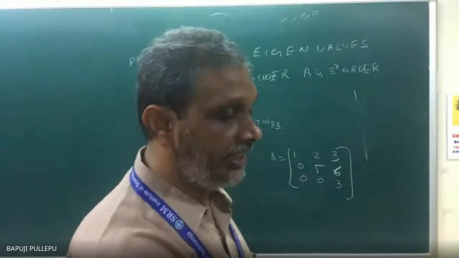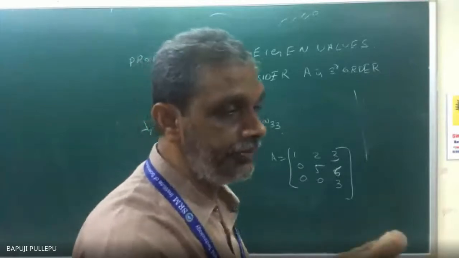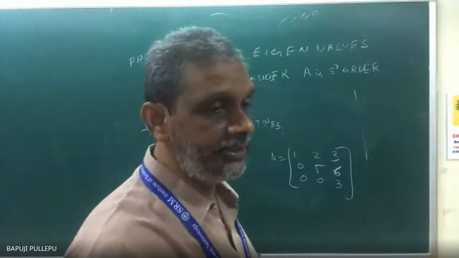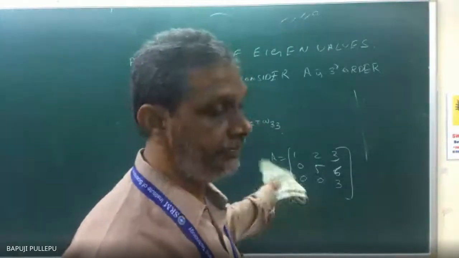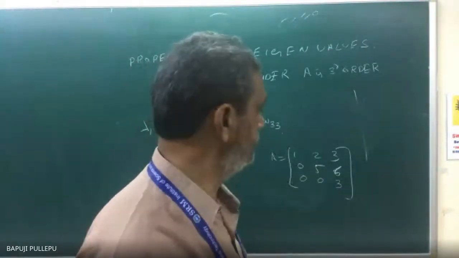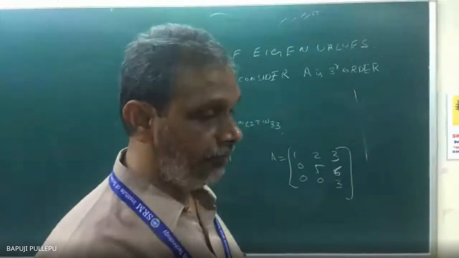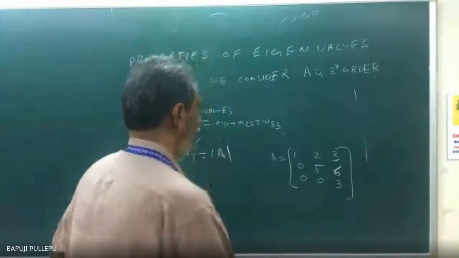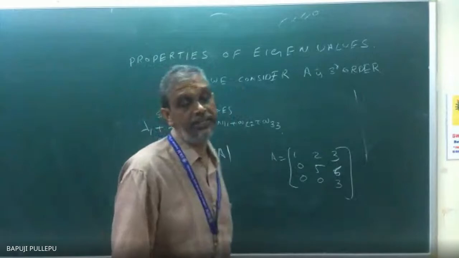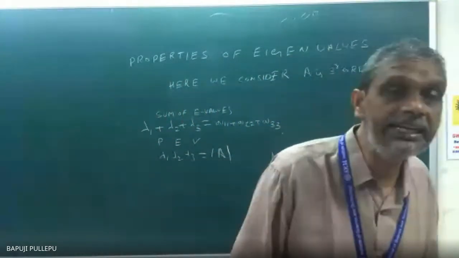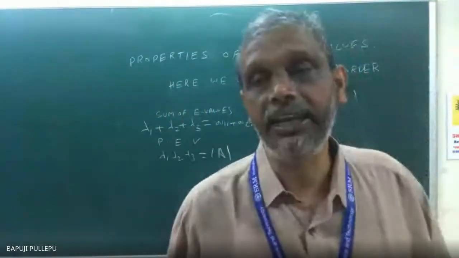Maybe in an MCQ they will give the matrix and ask you to find the eigenvalues. You people will try solving it step by step, which will take 3 hours. Not required. Looking at the matrix you can say what the eigenvalues are here: 1, 5, 3. Very good, job is over. For an upper or lower triangular matrix, the diagonal elements are the eigenvalues.